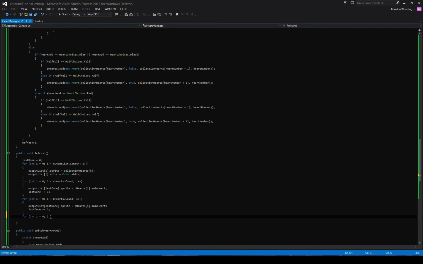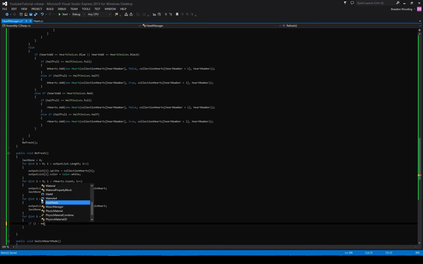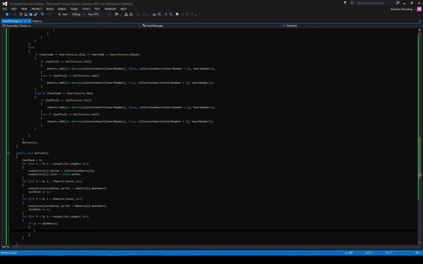Why is this then output dot length? This is just saying I just built... if I is greater than max hearts, greater than or equal. So this is right. Wrong way. Greater than or equal to max hearts. If it's greater than or equal to max hearts, then